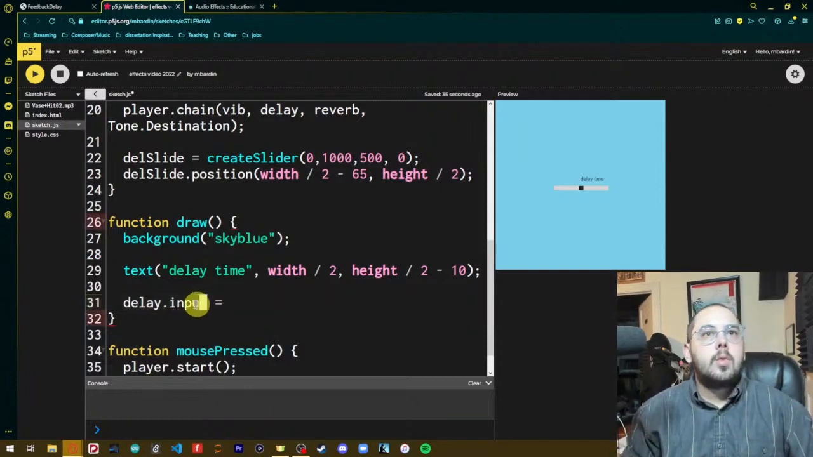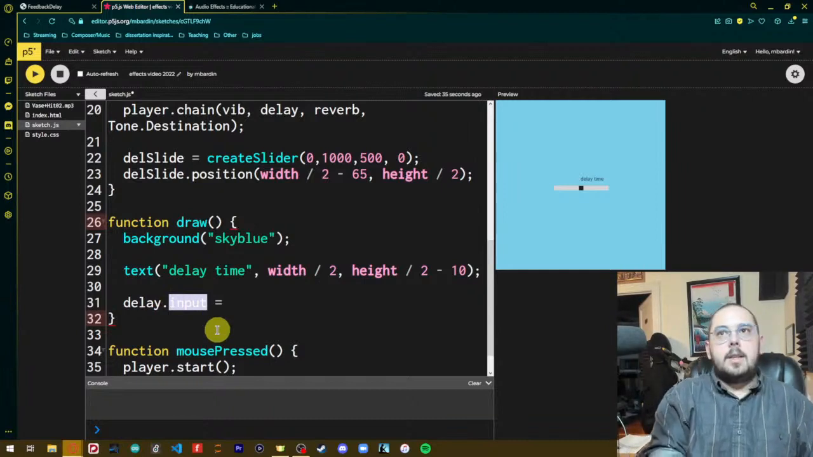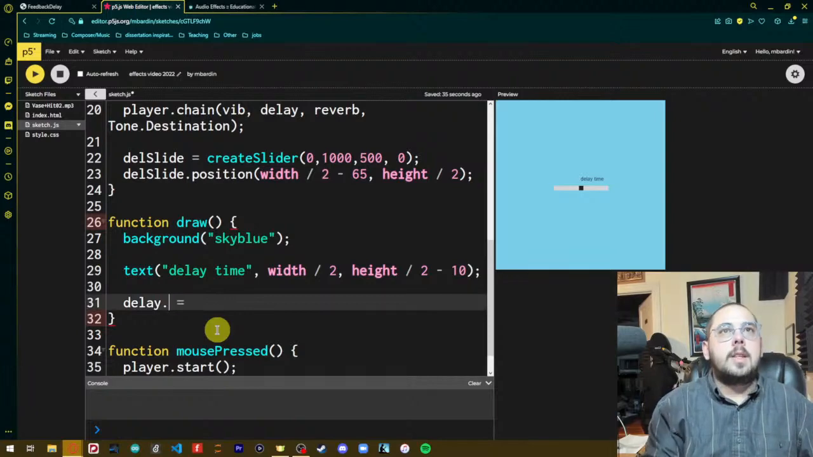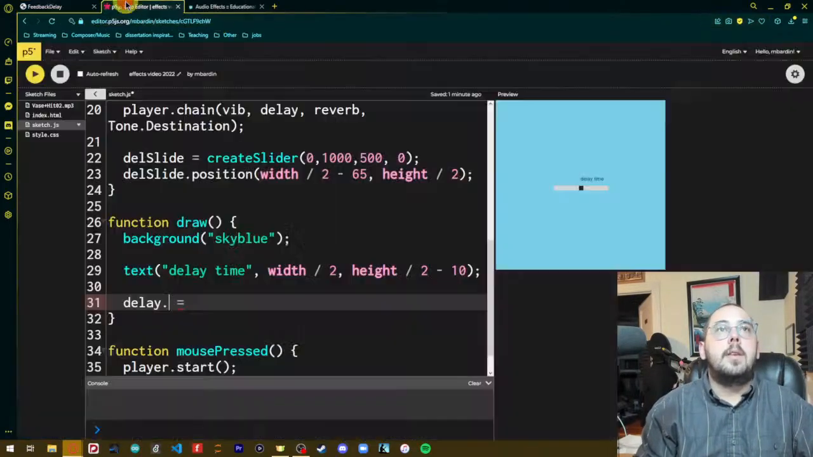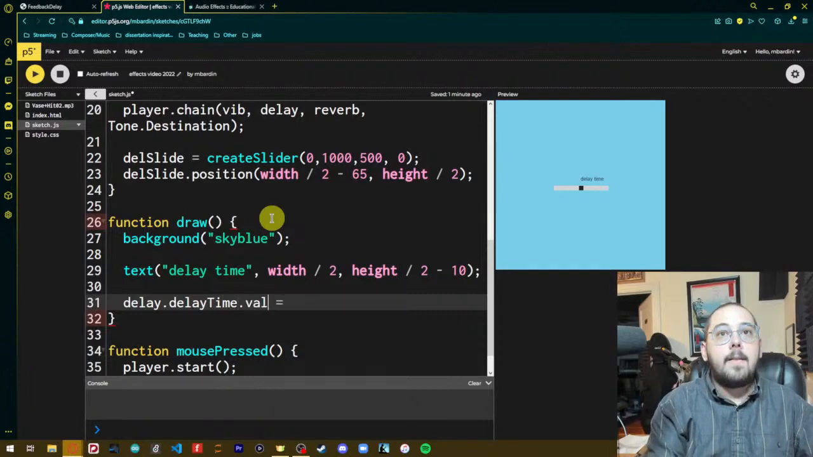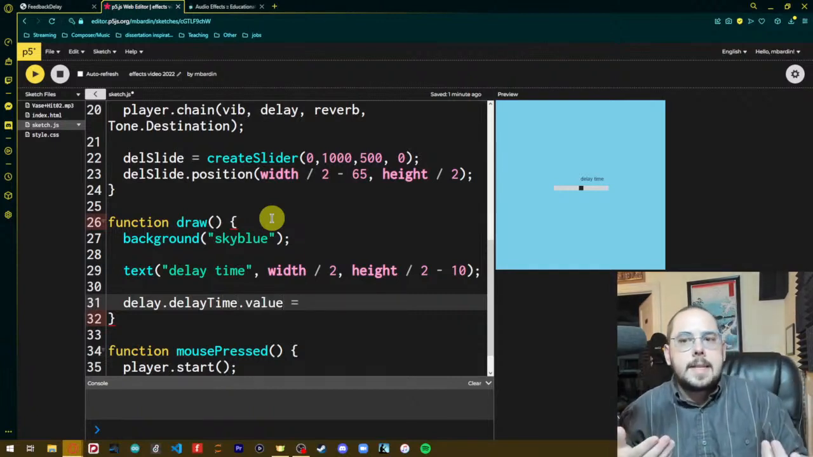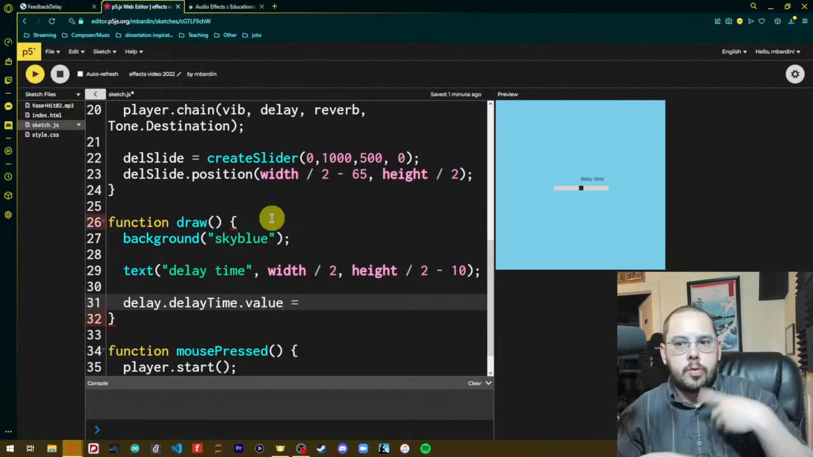But we aren't working with that. We're working with the, actually, yeah, I'll leave it as room. No, it's not room size. Was it room size? Delay time. Delay time dot value. And again, the reason we're doing this is because every frame we are working with this